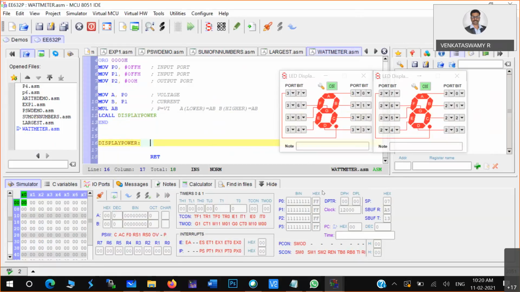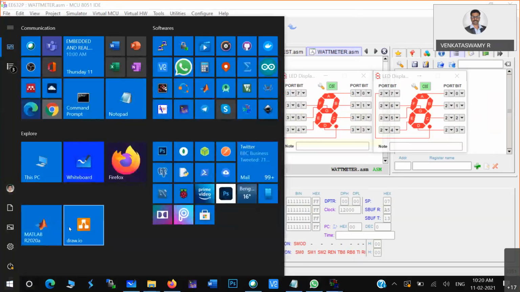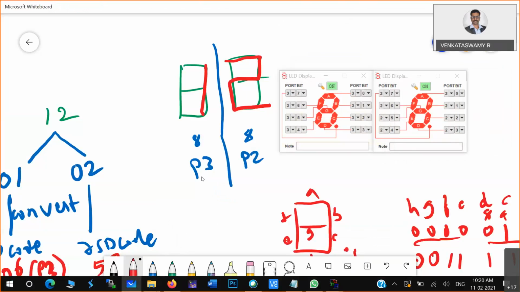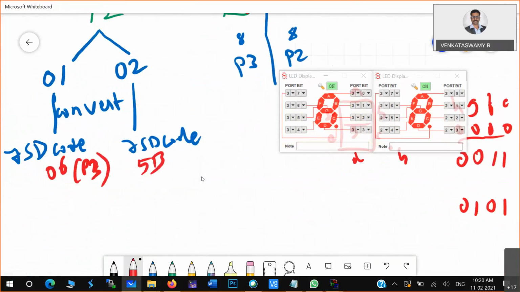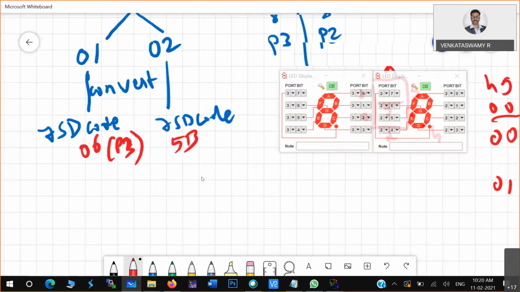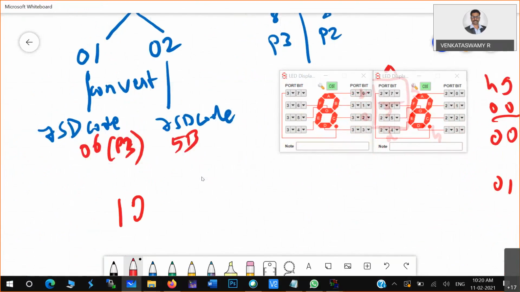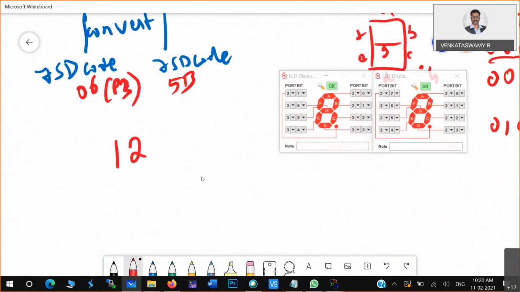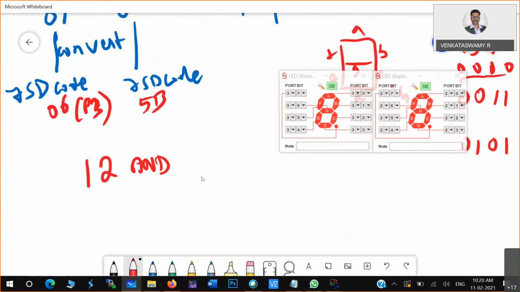Now I have to split that number. If it is 12, I'll use a logical statement: a bitwise AND operation of this number with 0F.